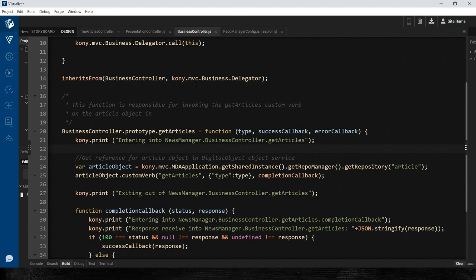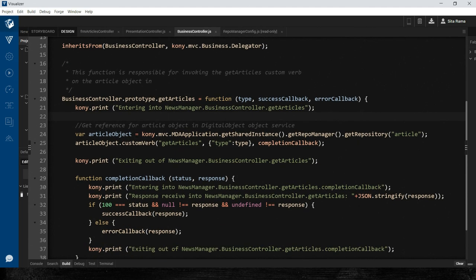If we observe here, clearly from the business controller, we are not performing any navigation logic or processing logic. The business controller only has the logic of communicating with the fabric layer and getting the response back.